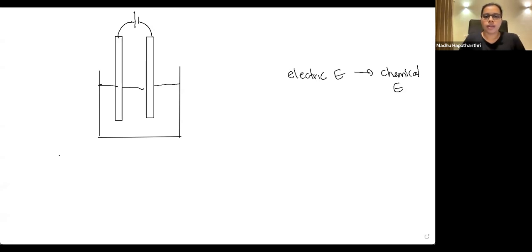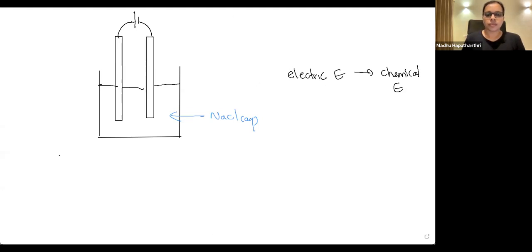Then I will give a certain idea about electrolysis. Check whether this explanation is making sense. If you have any questions, you can ask me. The main concern of electrolysis, I said, is that there are some reactions which do not take place spontaneously. So we are forcing the reaction to take place. The force we are using is electric energy, and that force is given by the battery. Now we are taking aqueous NaCl, that is our electrolyte.